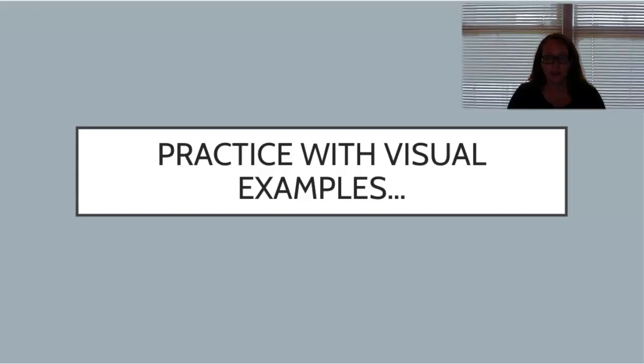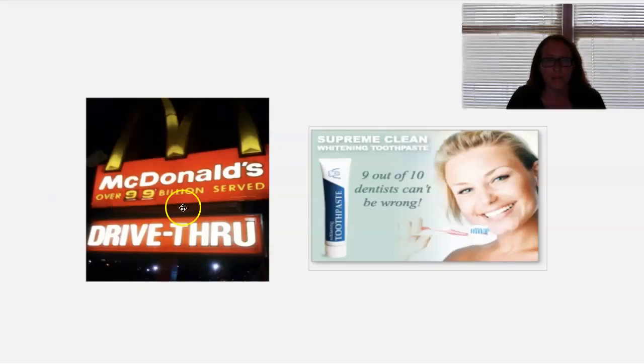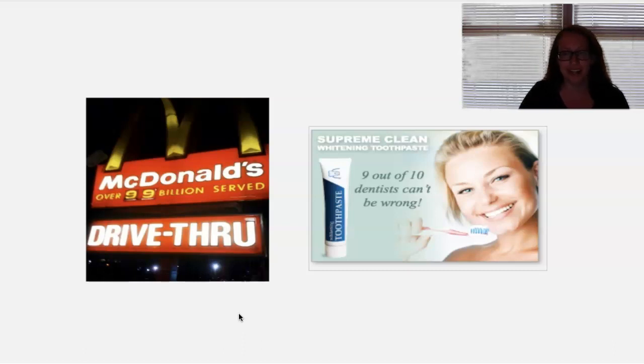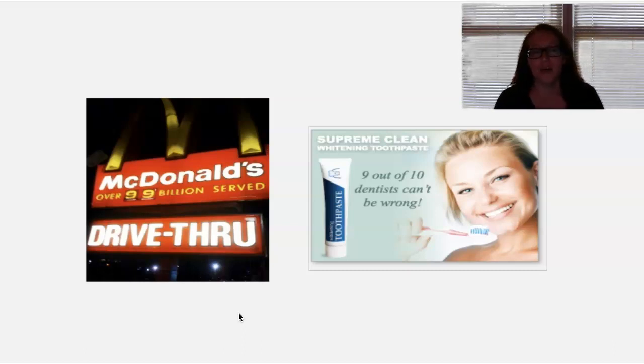We're going to do a couple of examples just with some visuals here. McDonald's. Over 99 billion served. A couple things wrong with that. There are not even 99 billion people on this planet, so that would be impossible. We don't necessarily know what served is supposed to imply. You could assume maybe 99 times people came around the window. It doesn't say that they were happy with what they got or that the food was good. Maybe they were coming back around because their order was wrong or to get more ketchup. We don't know.